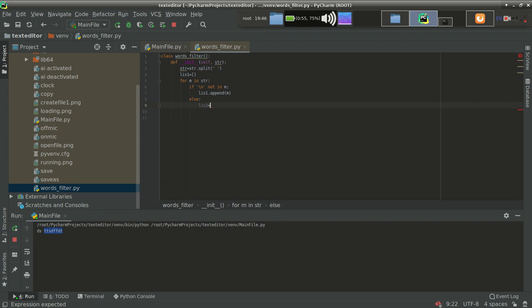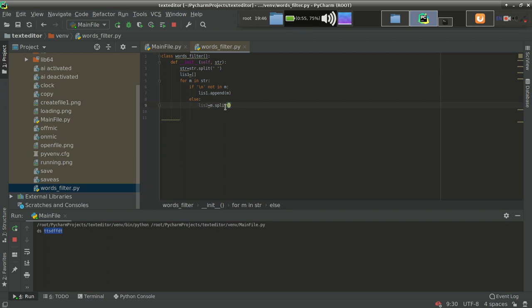list2 is not a list yet, but now it will be a list, because here you can see that str is a list, but m is not a list. m, the content of str, is a string, as you know. But again I am splitting m to get a list, so list2 will be a list. The split function breaks a string into a list.